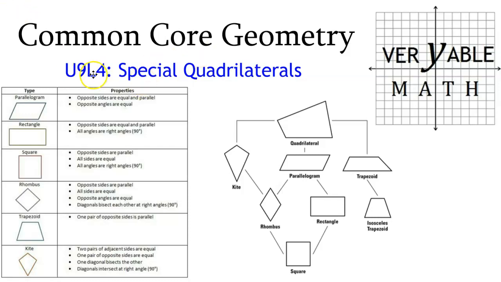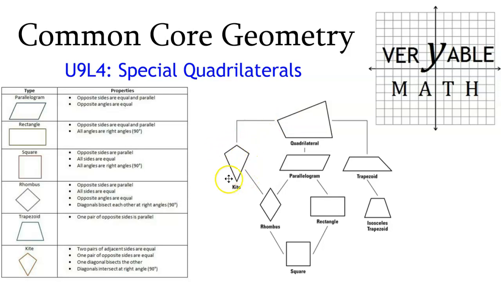Hello students, this video is the Unit 9 Lesson 4 lesson on special quadrilaterals. We talked about quadrilaterals earlier in this unit. A quadrilateral just has 4 sides, but there are special kinds of quadrilaterals that have specific properties. You can see the properties listed here, and there's also a quadrilateral family tree or a family diagram that's listed